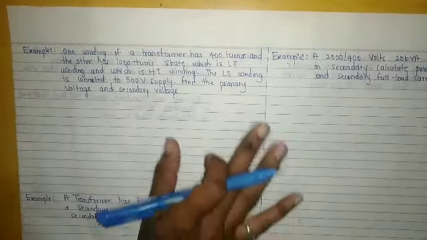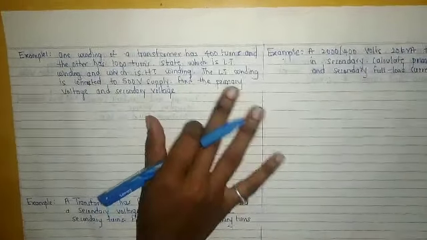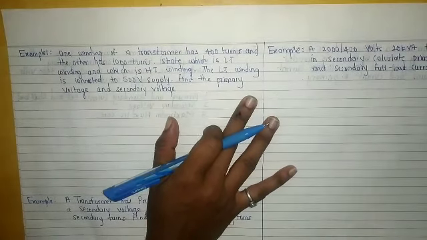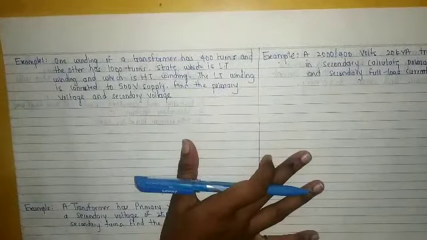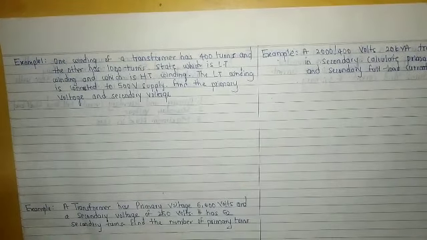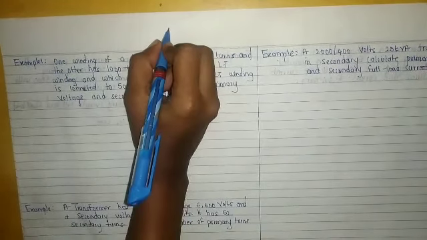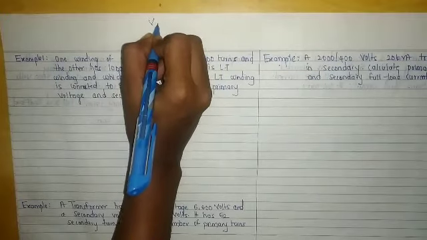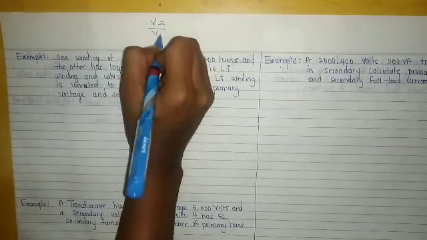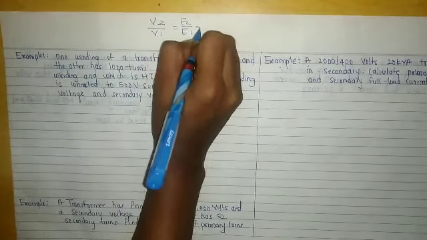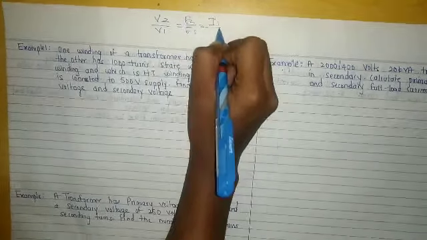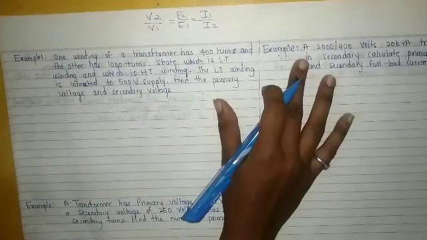So in today's lecture we are going to see the numericals on the transformer, whatever we have covered up till now. So we'll see first what are the formulas that are required. So we have seen the transformation ratio, right? So the formula is V2 divided by V1 is equal to E2 divided by E1 is equal to I1 divided by I2, right? And